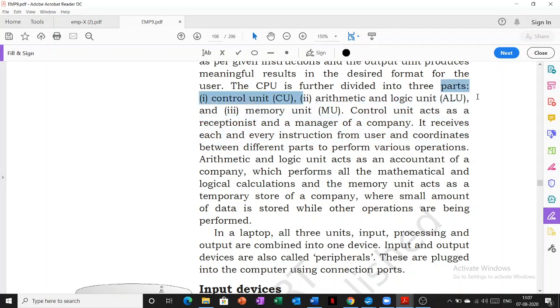Now what does the ALU do? The ALU, arithmetic and logical unit, acts as an accountant of a company which performs all the mathematical and logical calculations. The ALU does all the arithmetic, that means all the mathematical operations, and the logical unit stands for greater than, less than, equals to, not equals to.